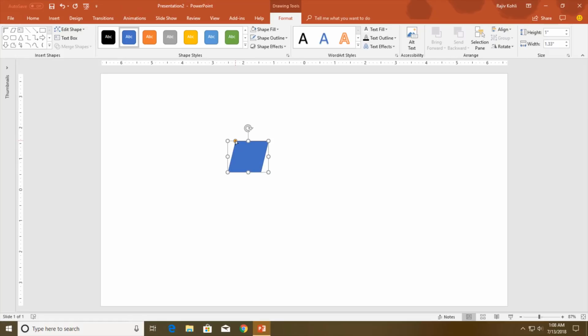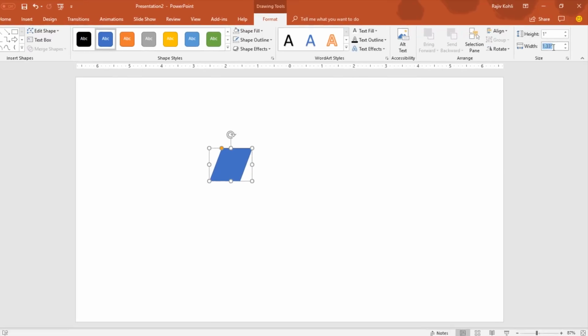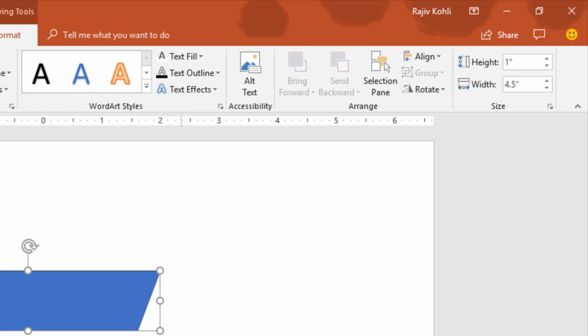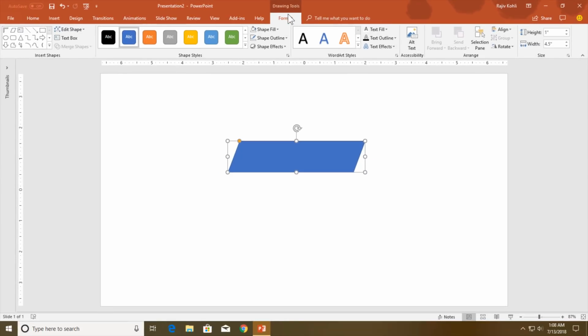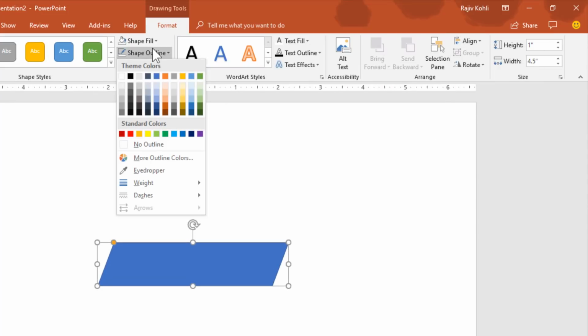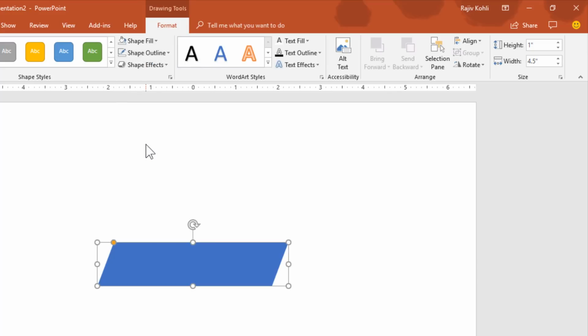You can adjust the shape by holding the yellow button, and here I am going to apply a size of around 4.5 width, and height of 1 inch is sufficient for me. Go to the format tab and choose align center and align middle command, and I want to remove the outline of this shape, so click on the shape outline drop down button and choose no outline.